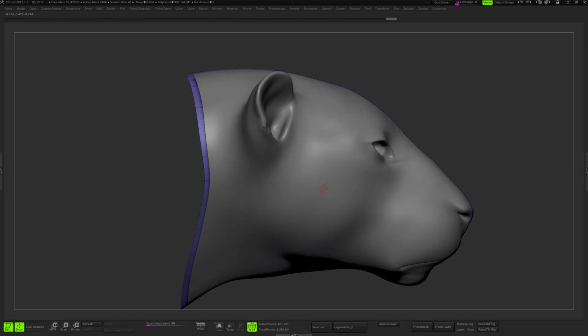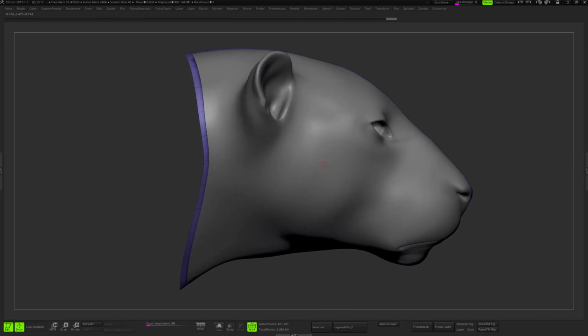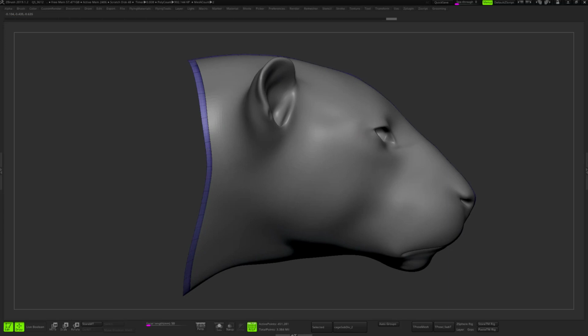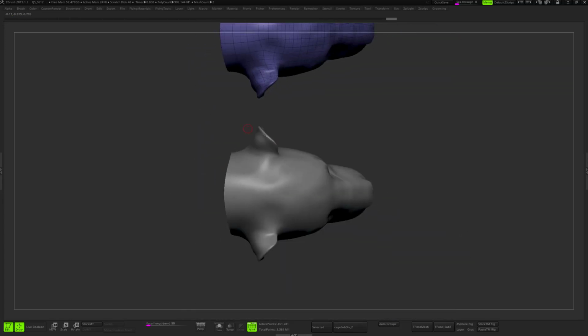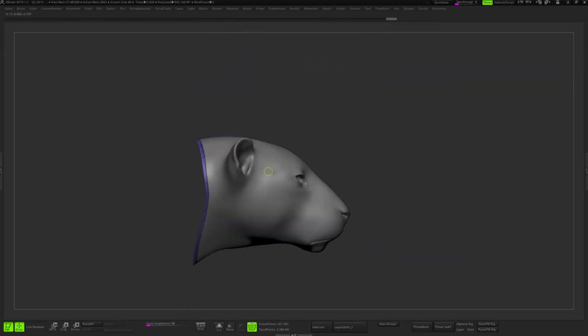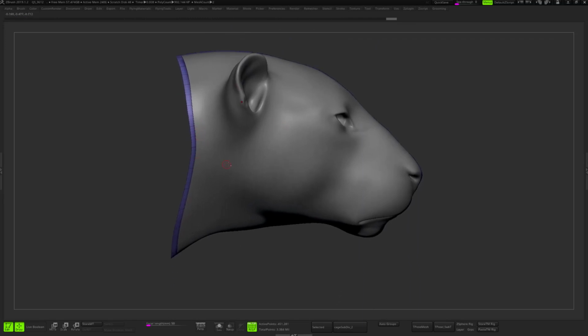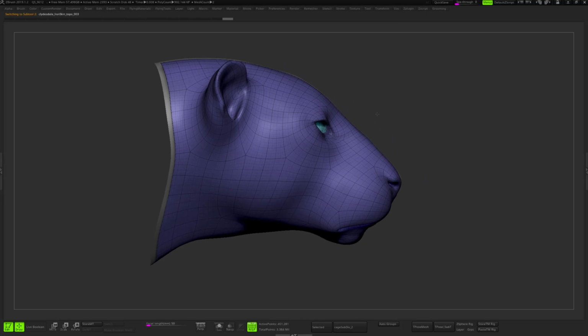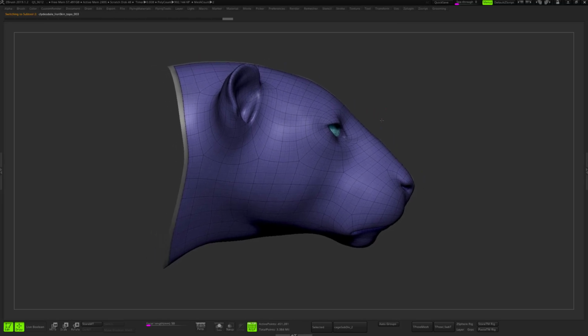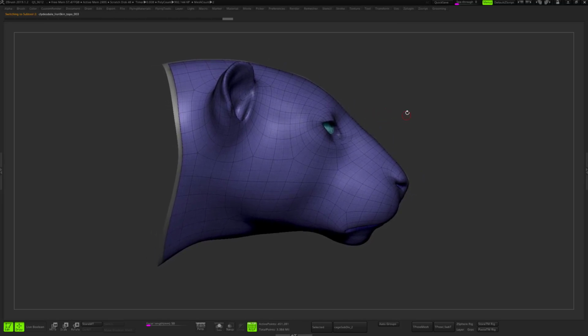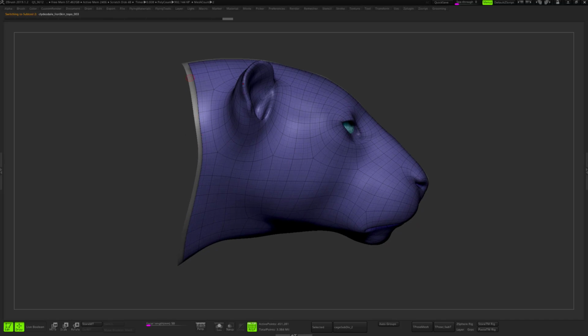So here, if we compare model A and model B: model A, where we can see the topology on top here, is the model that I've done the retopology on, using this base mesh. And model B is basically just a subdivision of the first one with the standard ZBrush subdivision. One of the issues you can see here is definitely that this model has shrunk and has reduced